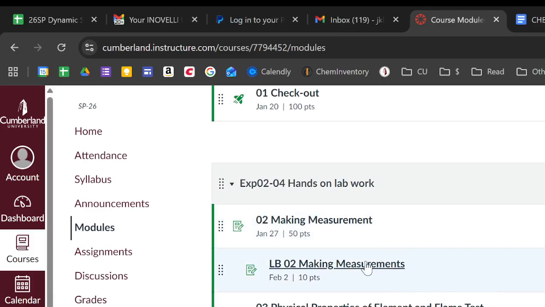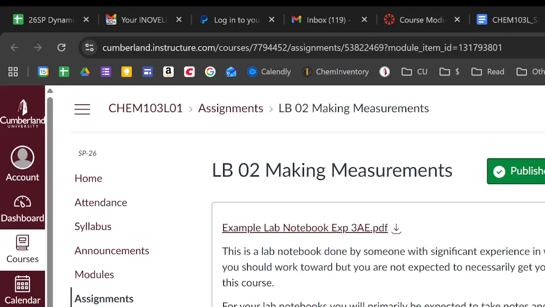Okay, LB. These right here are what you're going to do is you're going to have a lab notebook. This is where you're going to take any observations, notes, and you'll take any of your actual measurements in lab that you are not immediately going to need in the packet. Okay, so this is where you write down all the weights and sizes, and this solution smelled like this and that was blue. Okay, that's where you'll write all that stuff down.